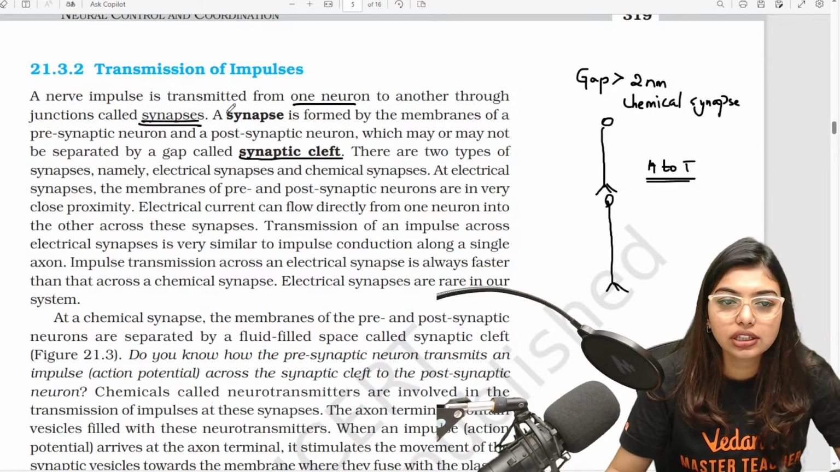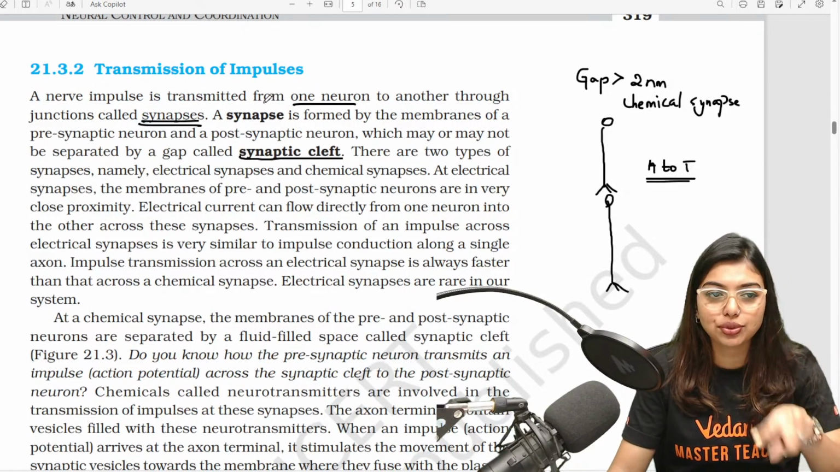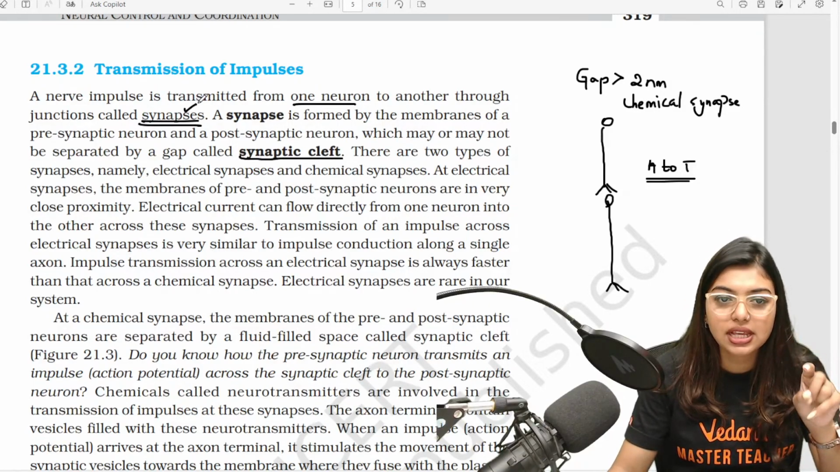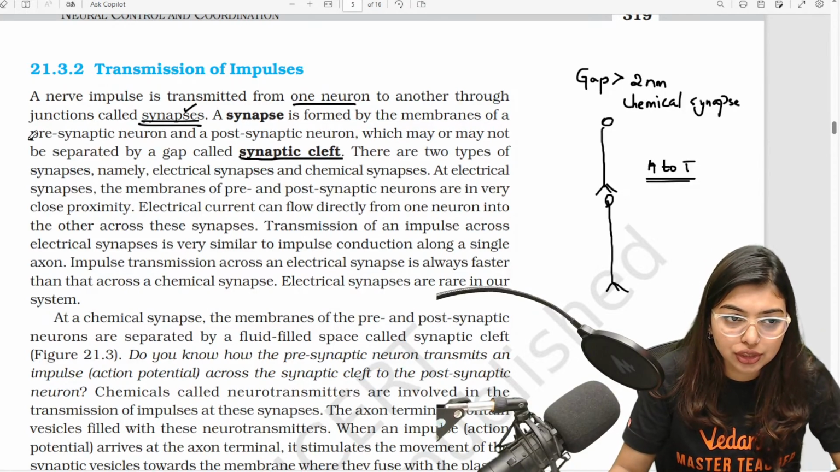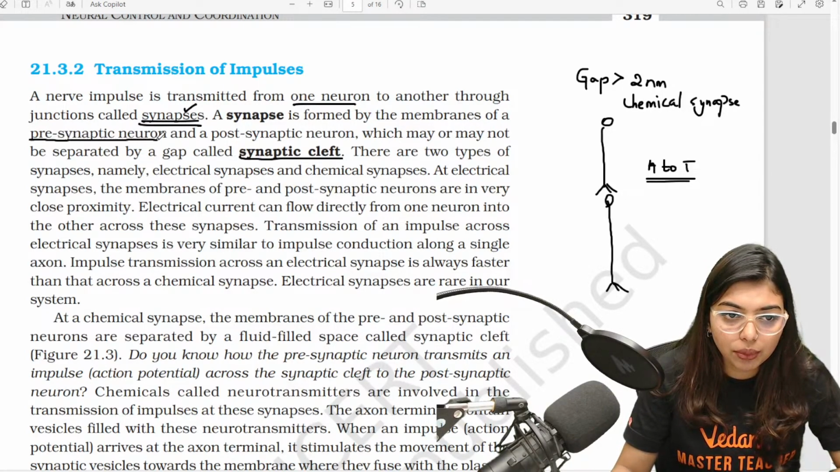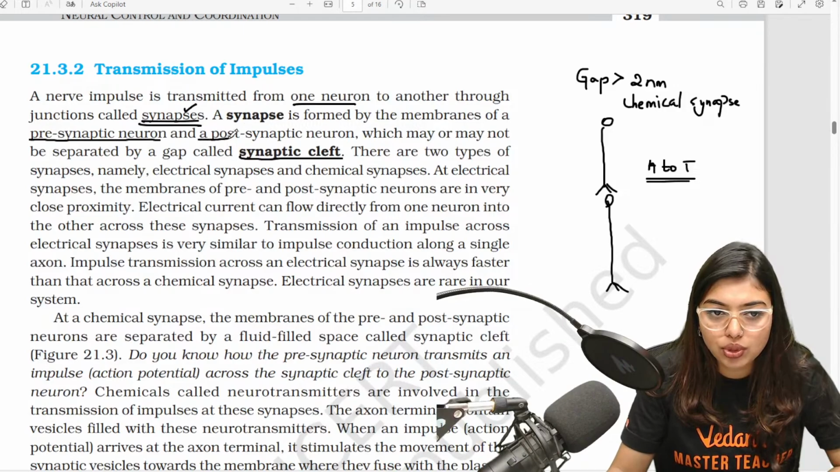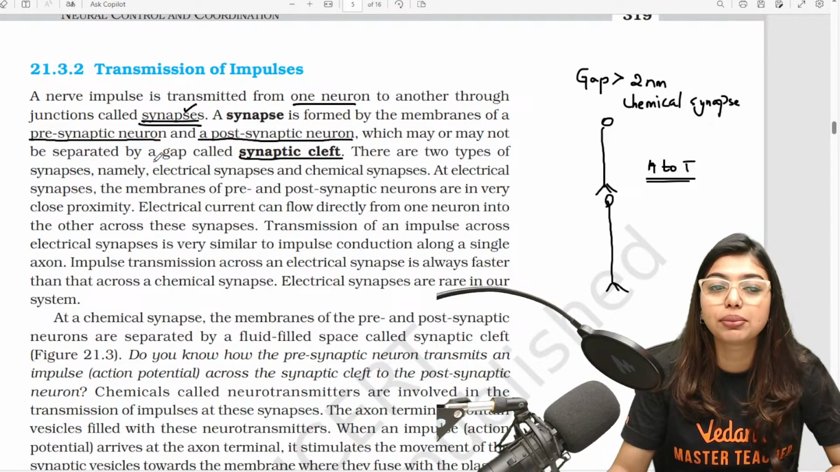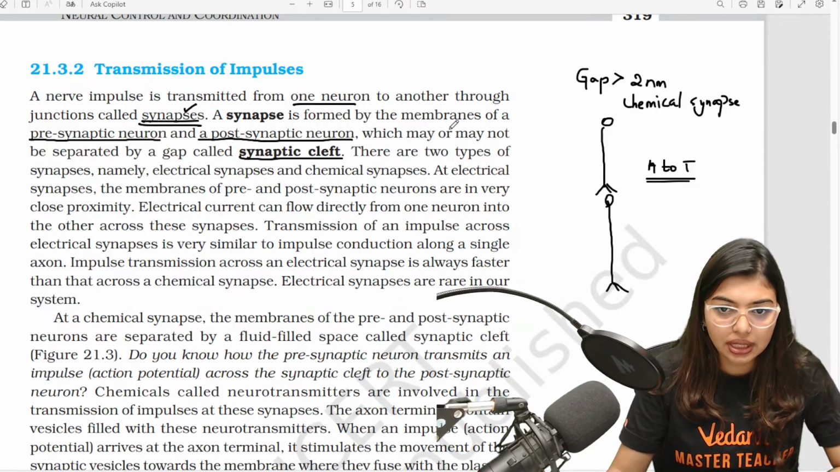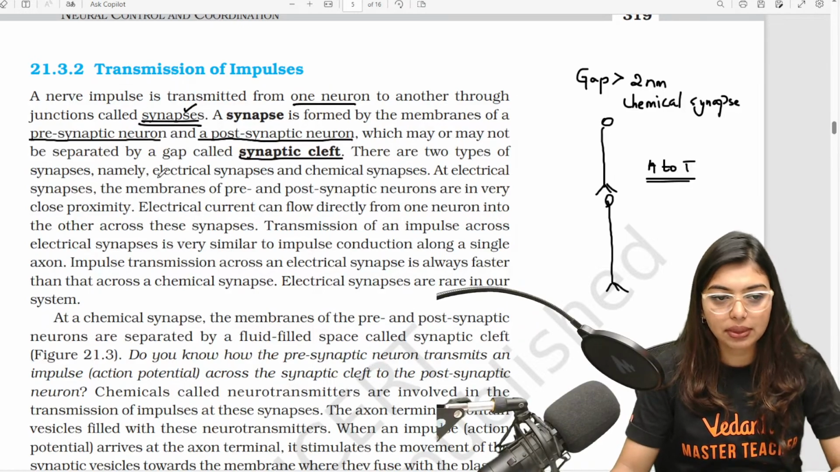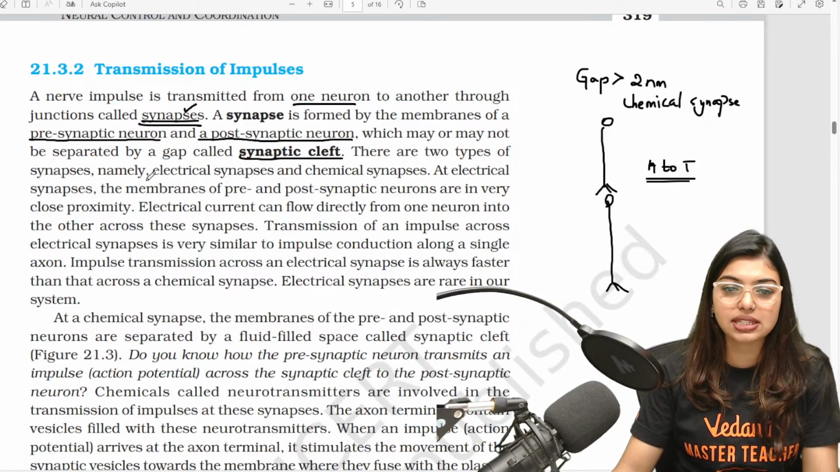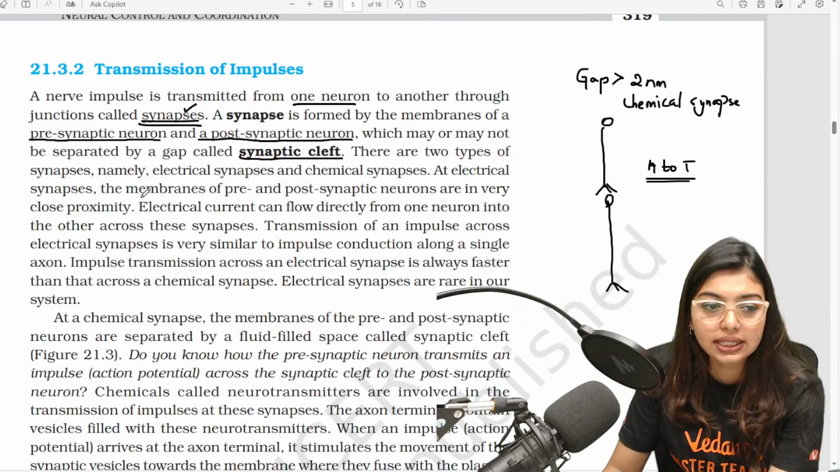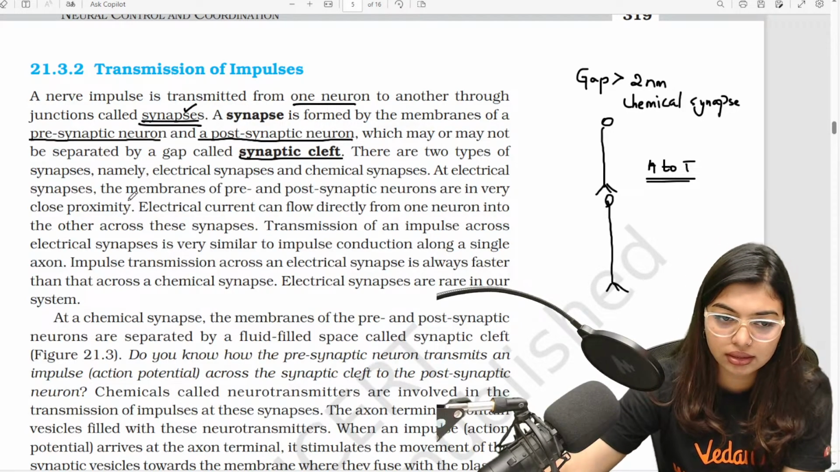Now look here, a nerve impulse is transmitted from one neuron to another through a junction called synapse. A synapse is formed by the membrane of a presynaptic neuron and a postsynaptic neuron, which may or may not be separated by a gap. There are two types of synapses, namely electrical synapses and chemical synapses. At electrical synapse, the membranes